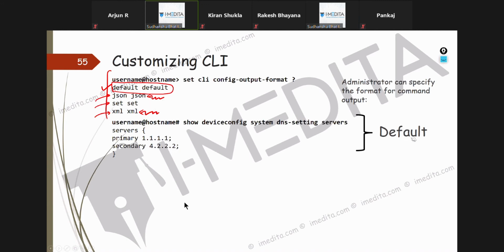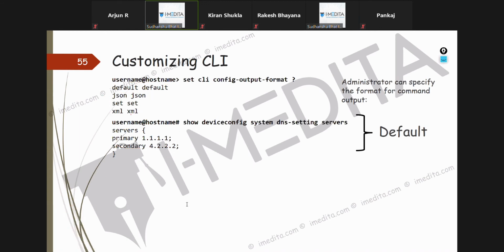Now see, by default, if you give this command, just as an example, show device config DNS settings system servers, it shows you the list of servers. You cannot copy this and paste it in another firewall. It won't work that way, right? It doesn't give you the command.